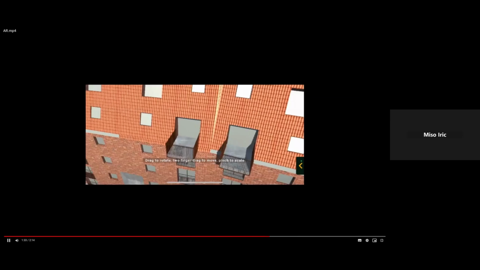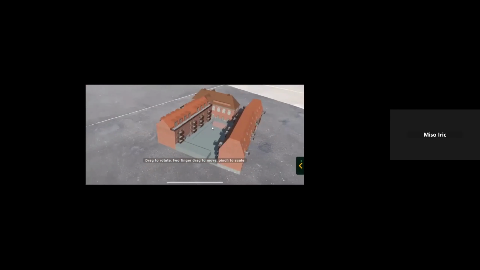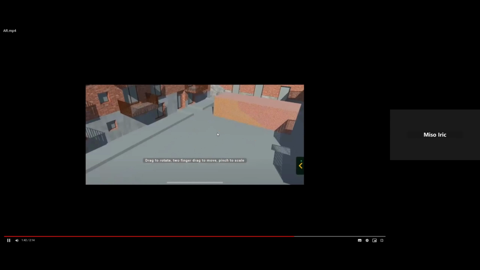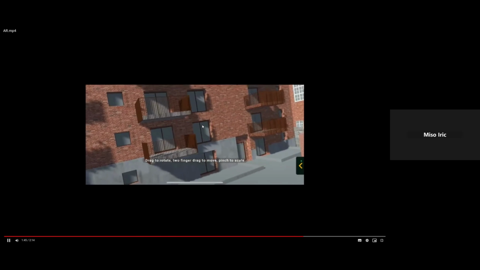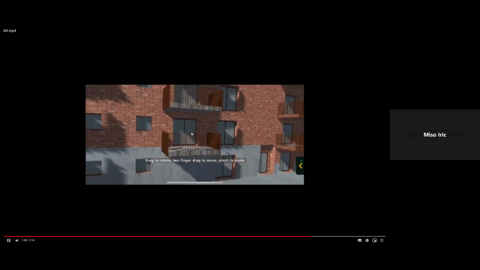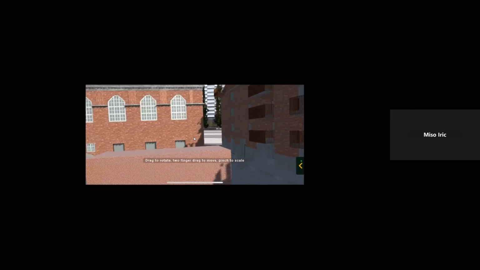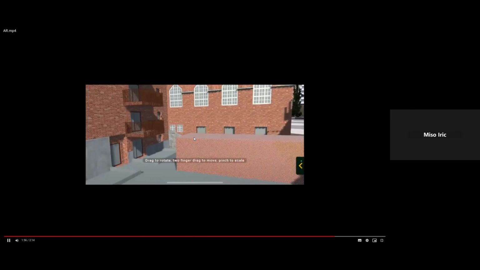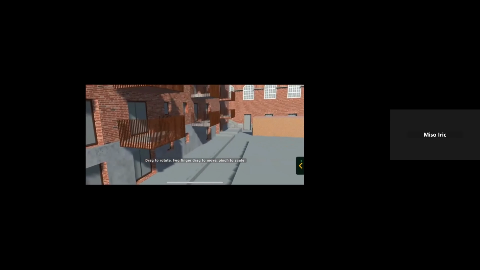If I am at the right coordinates or near the object that is going to be built, it will show in real size and in the real place. So I can go around or go through the 3D model. We can visualize 3D city models, point clouds, and anything that is or can be in a real place. For example, showing underground objects or something that is inside another object, and so on.